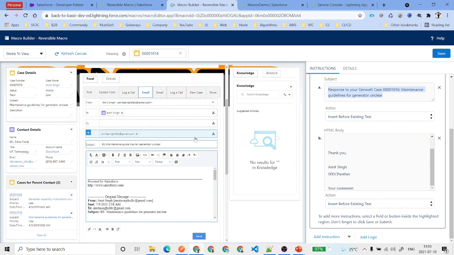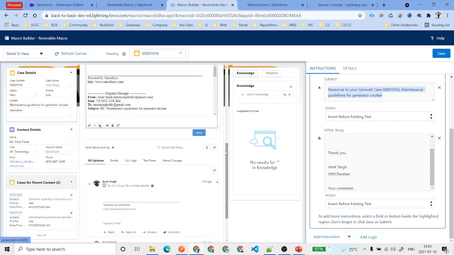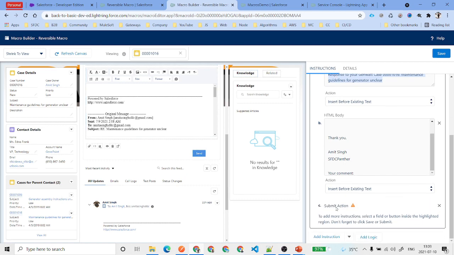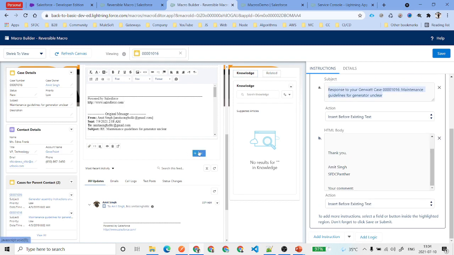Okay. And now that's it, because we don't want to send. As soon as we click this here, if you see, this action becomes an irreversible action. If I don't click on send, that means I just apply the email template to the case email action, and I'm going to verify that the email is looking good, then send it manually. We are not going to automate the process. That is why it is a reversible action.